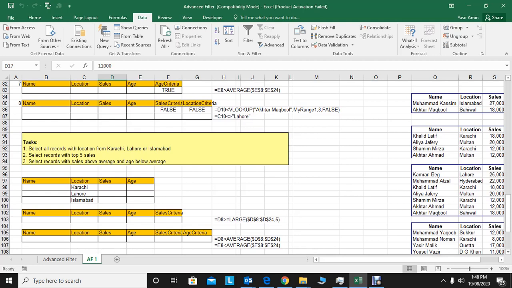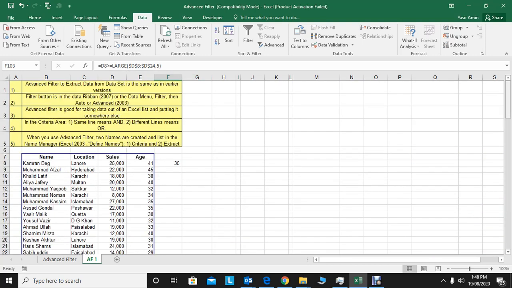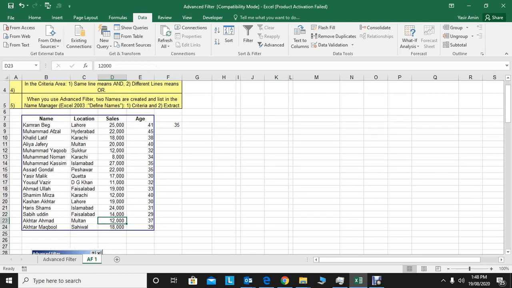Top 5, so LARGE top 5, this formula just needs to be copied here. Okay, now it's true. So sales is greater than or equal to LARGE, top 5. Range of the sales D8 to D24 and then 5. See, D8 to D24.